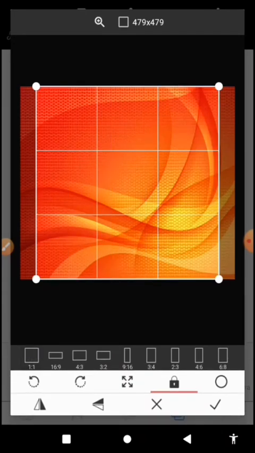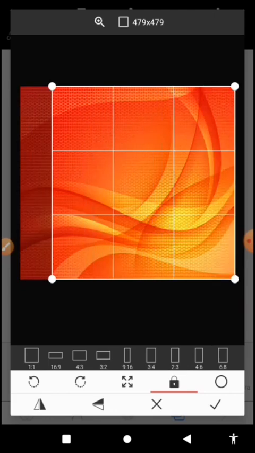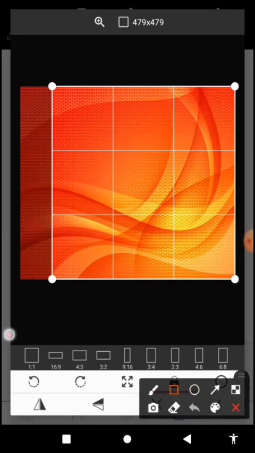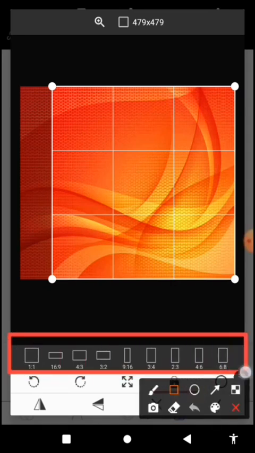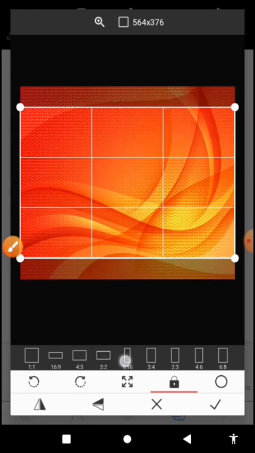Alright, so let me use this opportunity to talk about cropping, pre-editing your image before adding it to Pixel Lab. So we have these tools on the pre-editing page, the pre-editing dialog. You have all the ratios here that you can use to change the size of your picture, to crop your picture. So we have 1 ratio 1, 16 ratio 9, 4 ratio 3, 3 ratio 2, 9 ratio 16,